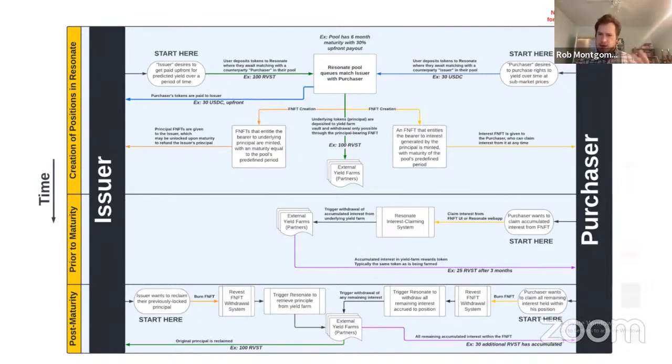So if I'm the issuer, I'm getting $30 right now, or maybe I'm just getting 30 revest tokens, but I can sell those tokens and I can have dollars. And so what I've done is I've shorted my own long, but without selling off a portion of my own long. That means I've got that 100 token revest long that's locked for 6 months now in an FNFT. I can turn around and sell that on the secondary if I want, because it is an NFT. But I've got a 30% hedge as well against any market fluctuations. So if the market goes down 30%, I'm still fine. I got $30 cash. I can buy.